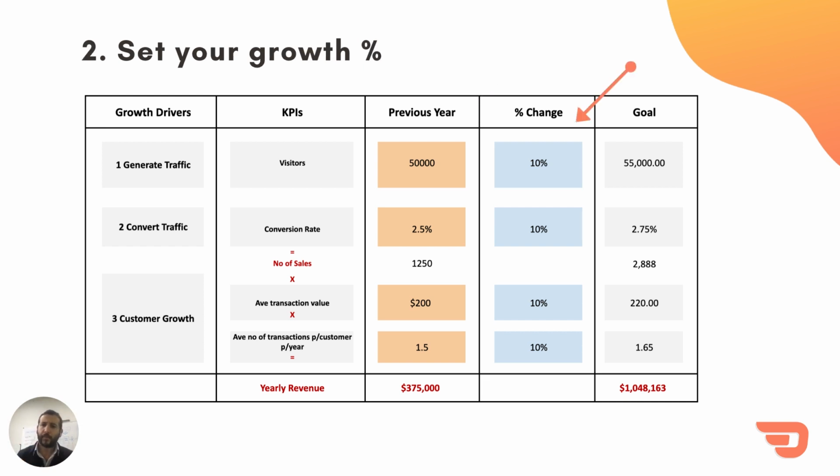That's step one. Then step two, you'll need to set your growth percentage. This requires deciding on a realistic but challenging percentage increase for each growth driver for the coming year. You'll need to estimate this based on your specific situation. For example, if you're not currently driving much traffic to your site, but you plan to start a paid Google Ads or Facebook campaign, then your baseline might be very low and your percentage increase may actually be very high. And that's okay. On the other hand, if your site is already achieving a very high conversion rate, your percentage increase might be minimal. And so on, depending on your particular situation.